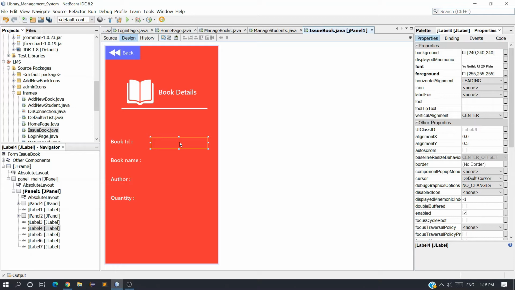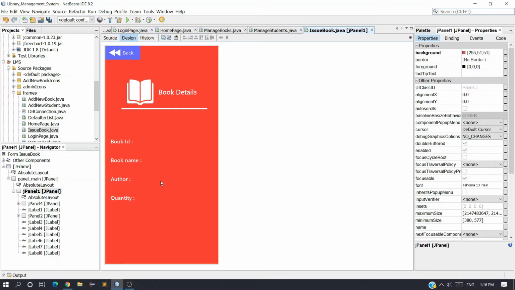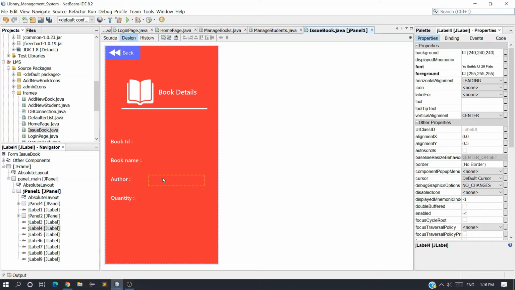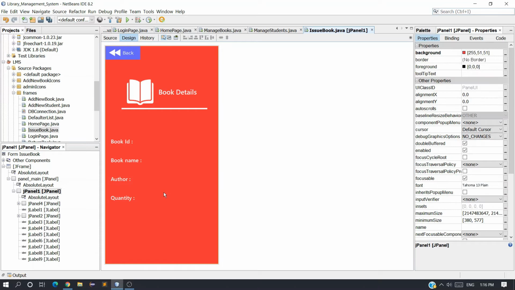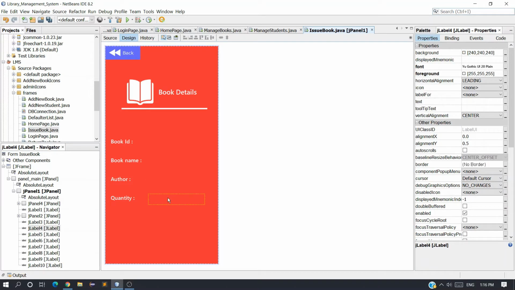When the user enters the book ID, then we will display book ID, book name and author name on these labels. So initially make it blank and copy this, take one here, Control C and V, one here and Control C and V, and here. And let me just change the text.